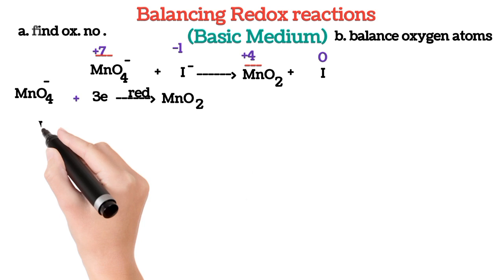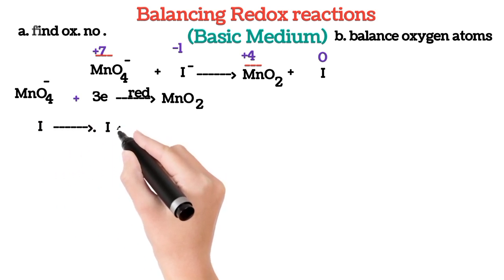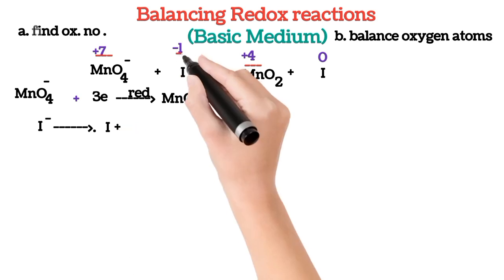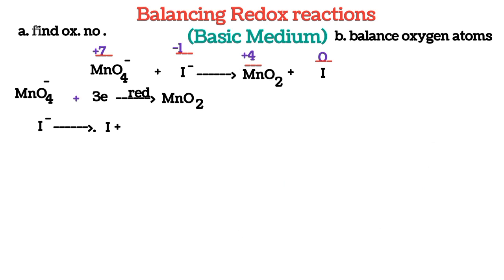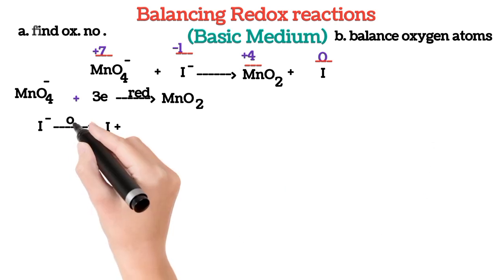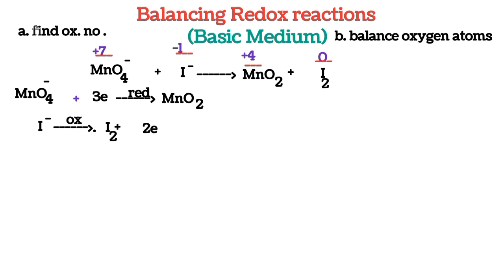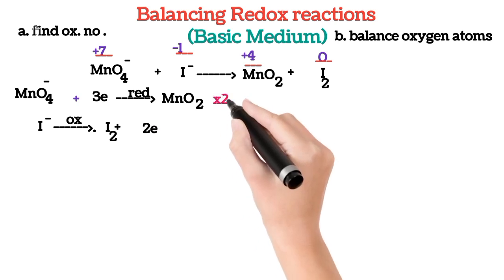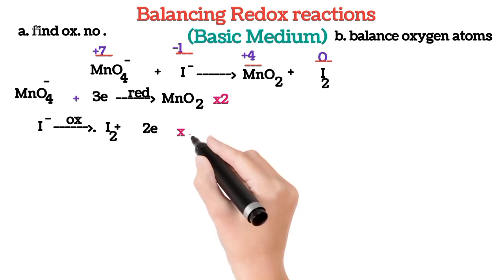The iodide ion with oxidation number of minus 1 has changed to oxidation number of 0. Minus 1 is less than 0. That means it is an increase. Increase in oxidation number is oxidation. And that is going to be our oxidation half equation. To balance, multiply the reduction process by the number of electrons in the oxidation process, and